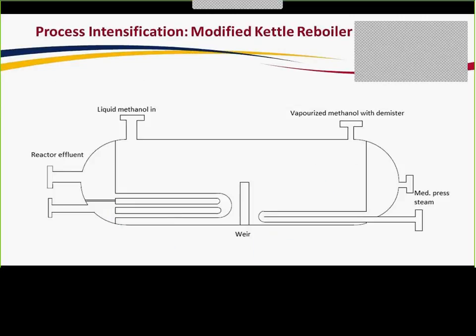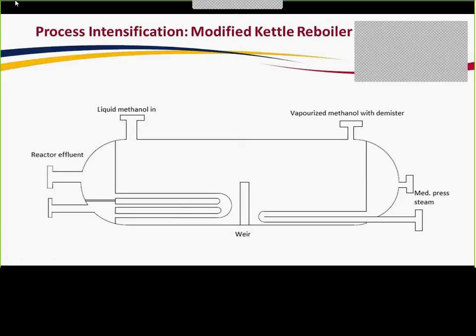So the next step was what we like to call process intensification, and that was when we designed the methanol evaporator by combining 2 separate heat exchangers. So this is one of the designs that we had, and it's a modified kettle reboiler. And in this design here, the methanol comes in from,